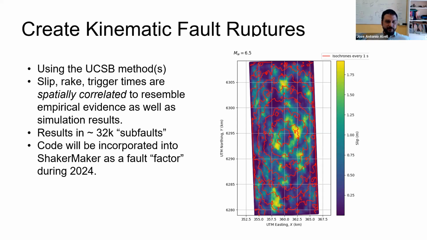The UCSB methods is going to generate the fault, and is going to be incorporated into ShakerMaker as a factory during 2024. I'm just finishing. We need to interface it, but to make it easier to generate a fault, you just specify what the size of the fault should be and what the magnitude should be, and some other important physical parameters, and it's going to generate a fault for you that you can then use to run